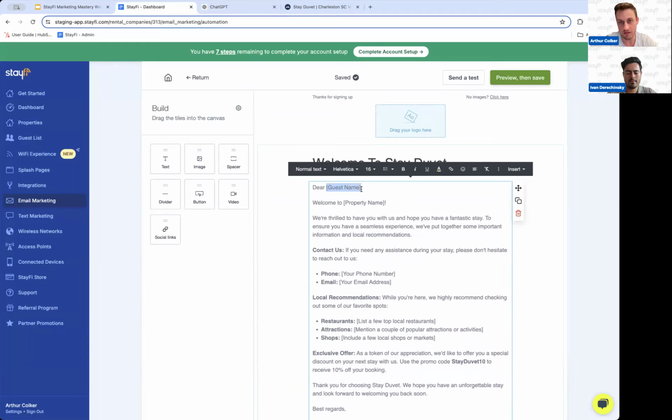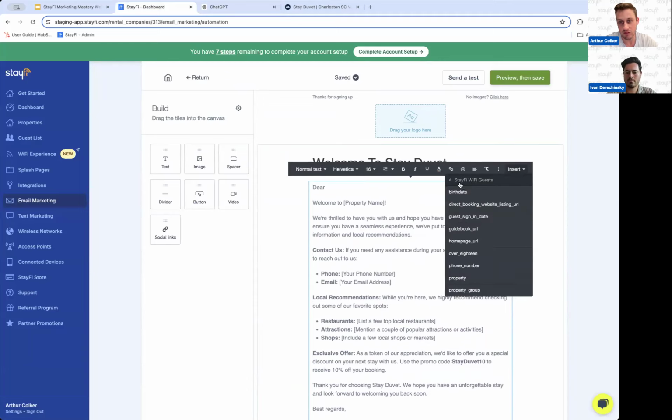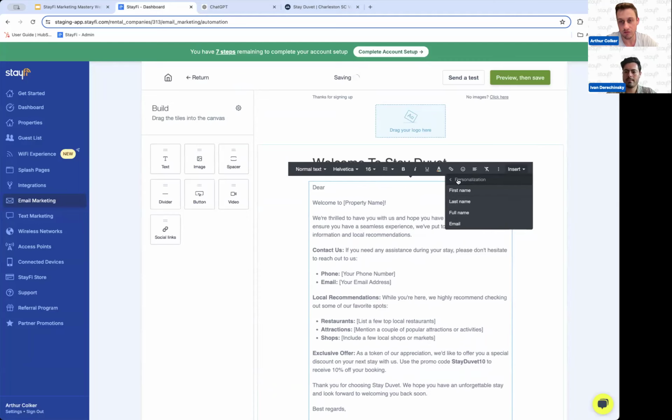So I'm just going to say dear, and if you go to insert here, you can find personalization fields. So I can go to first name, and here there'll be a fallback. That's what this is here. So basically if I don't have a first name, it will provide a fallback. In this case, I can leave the fallback blank, and I might just change this to hi. So if there was no first name, it would just be like hi. And then for welcome to property name,